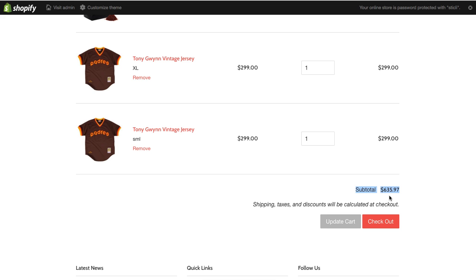Now, with most platforms, if you use apps or you write some kind of custom code into your shopping cart that will allow someone to enter either their shipping address or maybe even just their zip code, you can calculate cost of shipping. But even that's still a guess because you're not necessarily giving people the options of do I want to ship